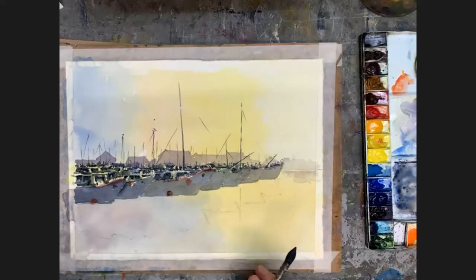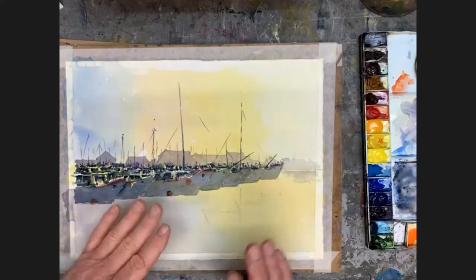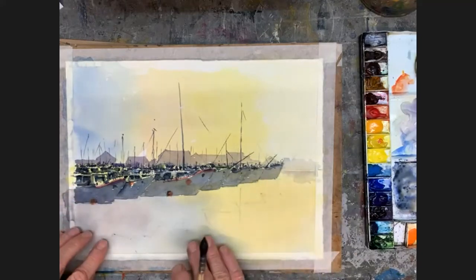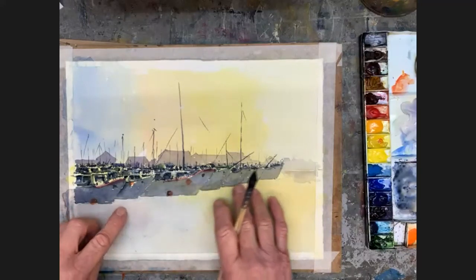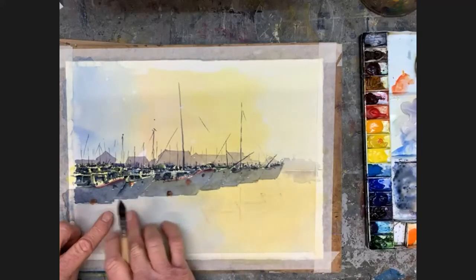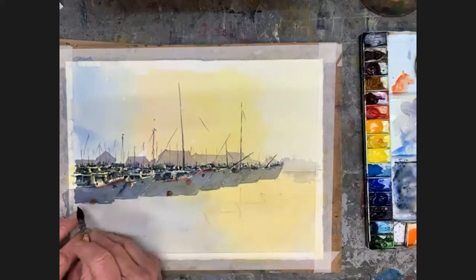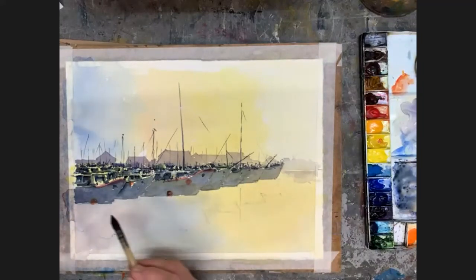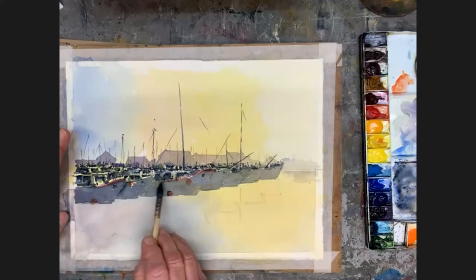Right, okay, so the bottoms of our boats here are all dry, and there are a number of different ways we could do this. I want the reflections to be darker in the main than this bit of boat, but I don't want such a sharp line in them. So I think the way I'll do that is I'll just run a little bit of water